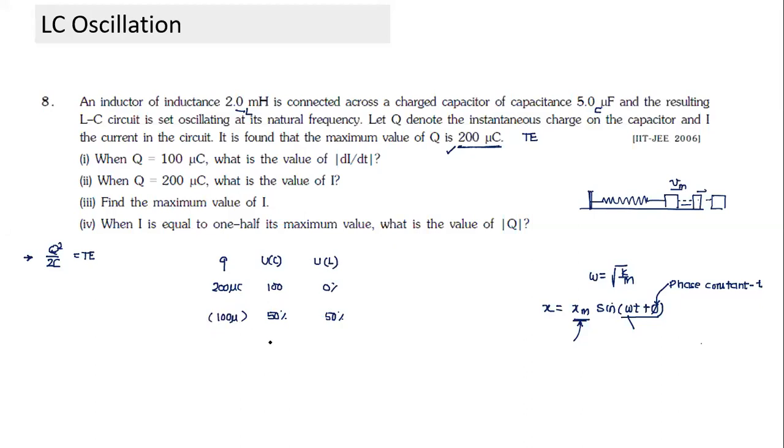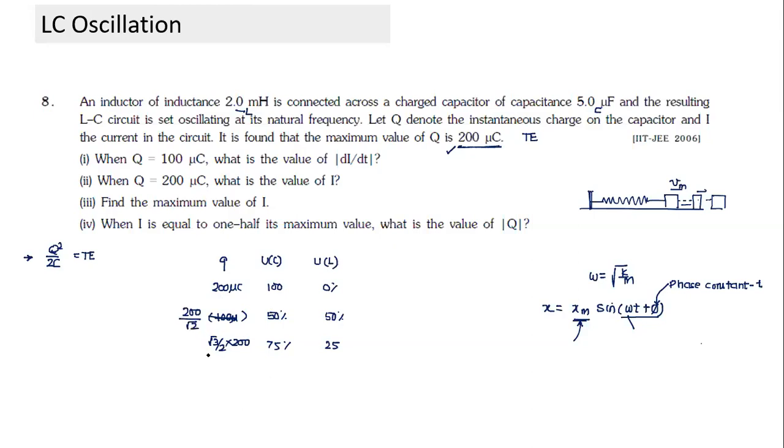And if this has to be 75%, and the energy in capacitor is 3 times the energy in inductor, in that case, what has to be the charge here? Are you following this one? Sorry, what I've written, not Q 100. What has to be the charge here? Q0 by 2, sir. Q0 by not 2. Q0 by